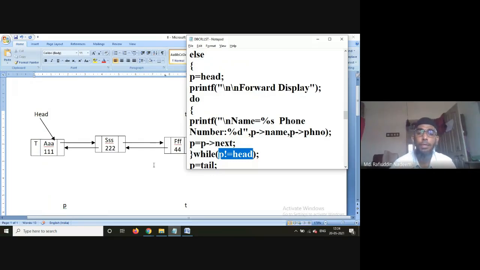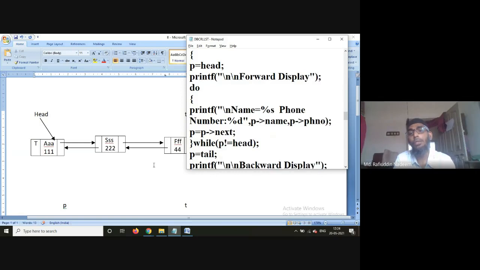In the double linked list, we have mentioned p not equal to null actually, because the next pointer of the last node contains null value, but here the next pointer of the last node will contain head. So until head comes again, you are going to traverse the entire list and display. Likewise, if you want to have a backward display, you are assigning the pointer to tail,